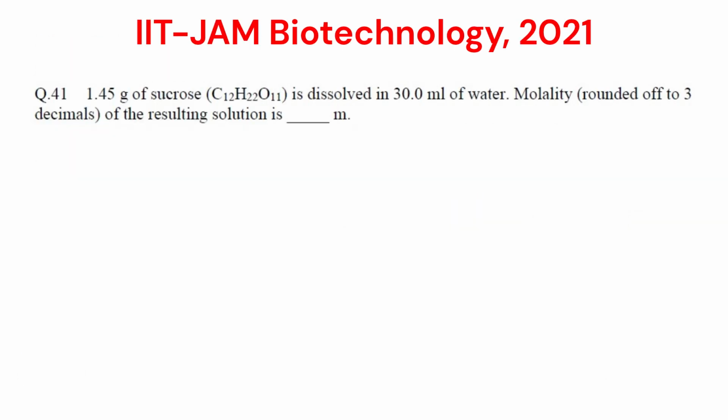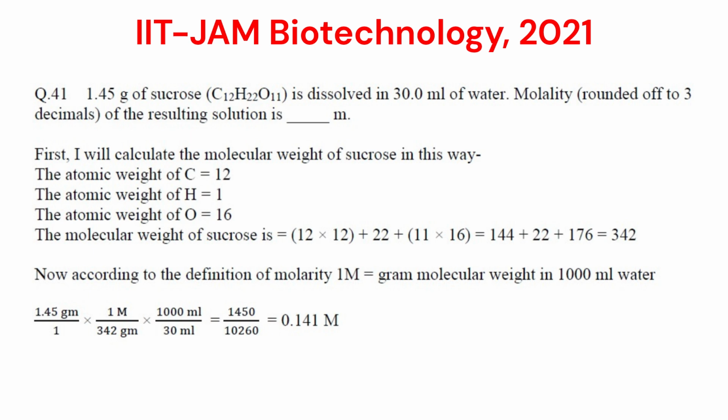Here, 1.45 gram of sucrose is dissolved in 30 ml of water and you have to calculate the molarity of the resulting solution. First, I will calculate the molar weight of the sucrose in this way. Here carbon is 12, hydrogen is 1 and oxygen is 16. So the molecular weight of sucrose is 342. Now, according to the definition of molarity, if 342 grams of sucrose is dissolved in 1000 ml water, it is called a 1 molar sucrose solution. So if 1.45 grams of sucrose is dissolved in 30 ml, the molarity of the solution will be